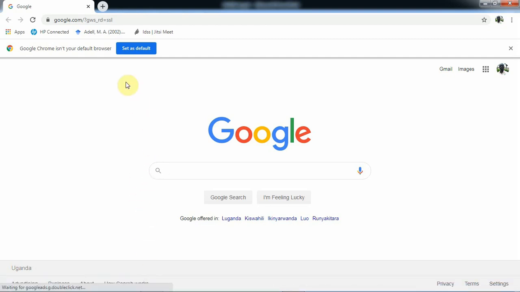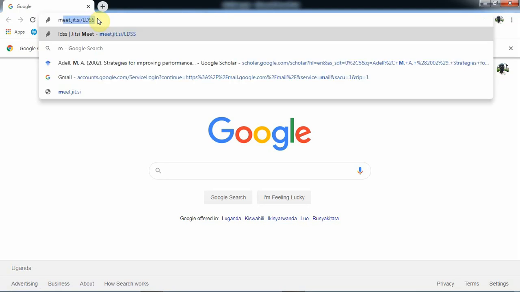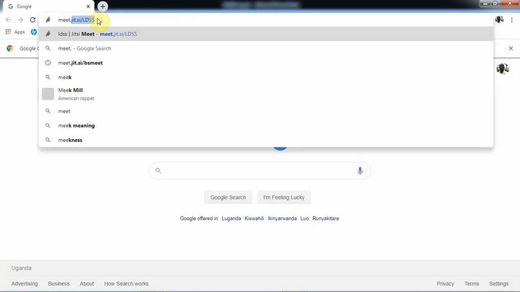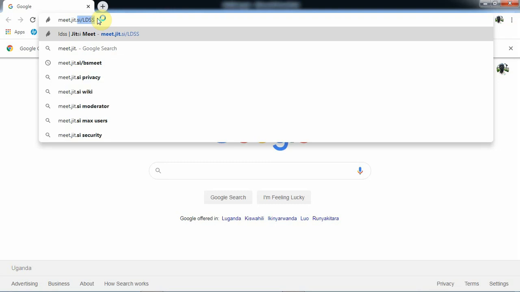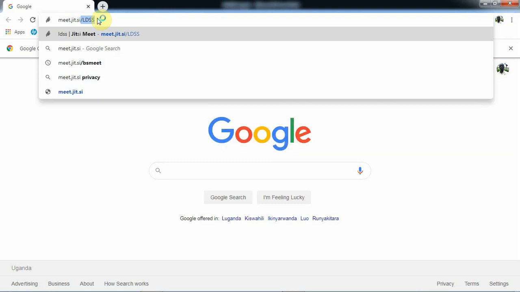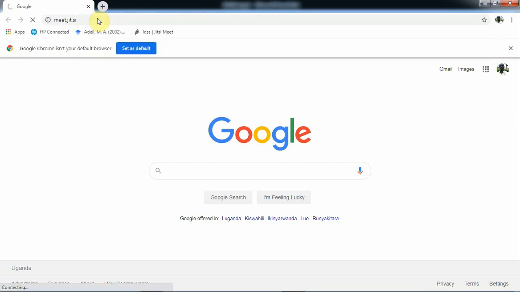When you are going to type it, we use this tab here. So we shall type there meet.jit.si. Then this one we don't need, I will remove it. Then we press the enter key.